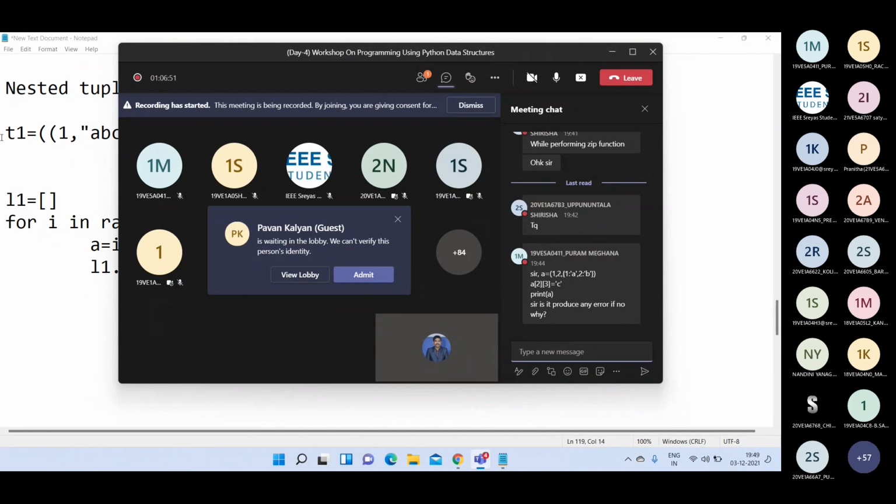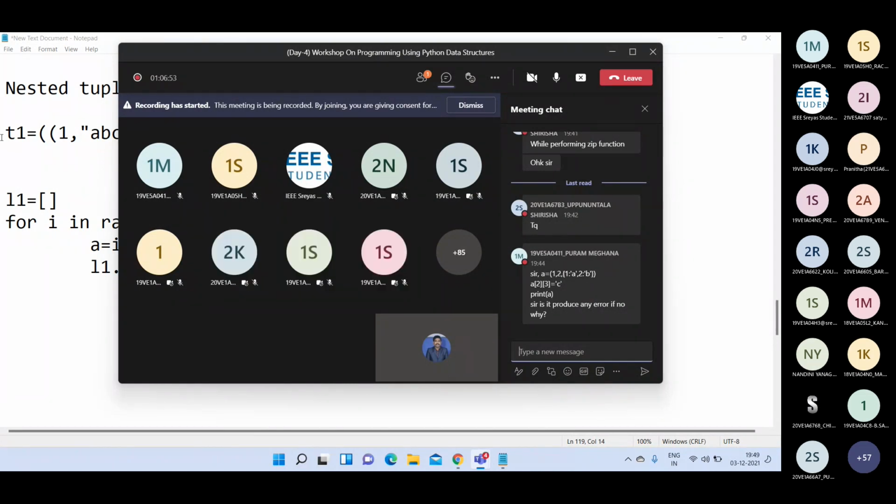So that means you want to insert at A of (2, 3). But here you are using a tuple. This is parenthesis. So this is not possible. Actually, I'm getting output with a key of (2, 3) and value C. The key is created with (2, 3) and the value having C.